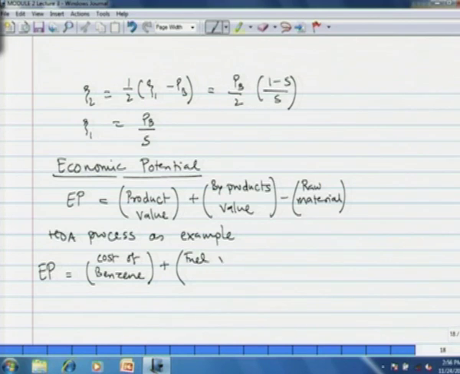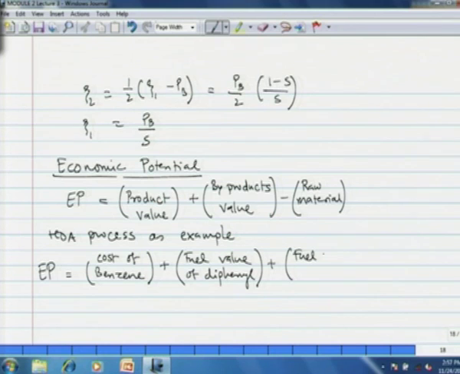So, the fuel value of diphenyl. The purge gas that comes out of the process comprises of hydrogen and methane, both are combustible gases. So, that purge gas can also be used as fuel in the process, captive consumption. So, fuel value of purge